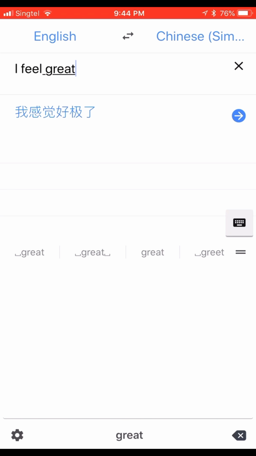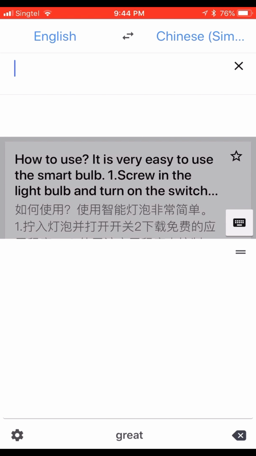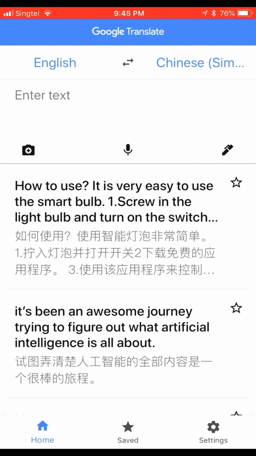So this is the last function, and thus we have covered the 3 functions in Google Translate. I hope you